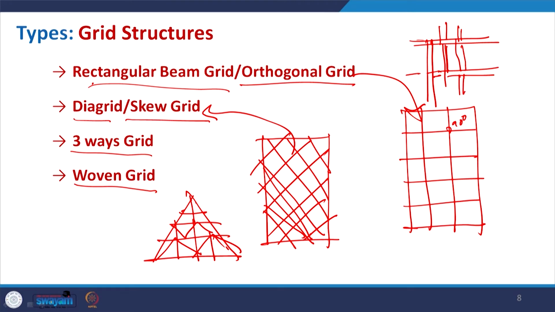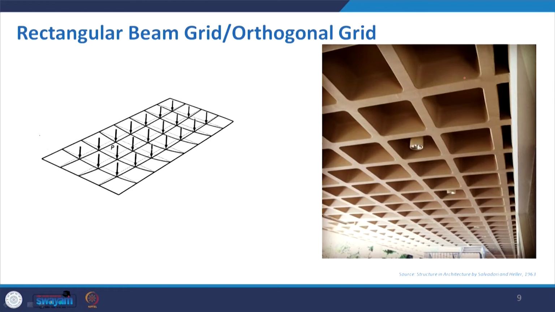Okay. So, I will also show with the images. So, rectangular grid beam or orthogonal grid, where if you can place your beam in this particular grid so that each will form a square of say equal length, that will be more effective. So, here you can see how it is being made, and for this also you do not really need very high thickness. You can reduce it, it can be of thin thickness, but it can still hold this much.